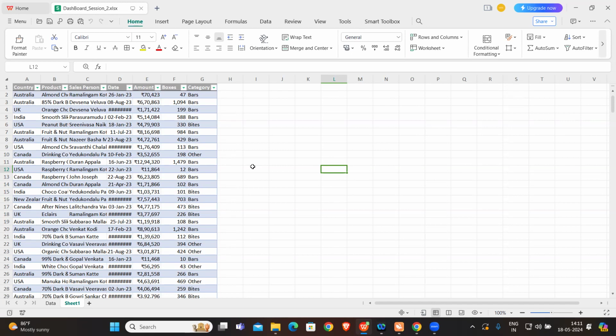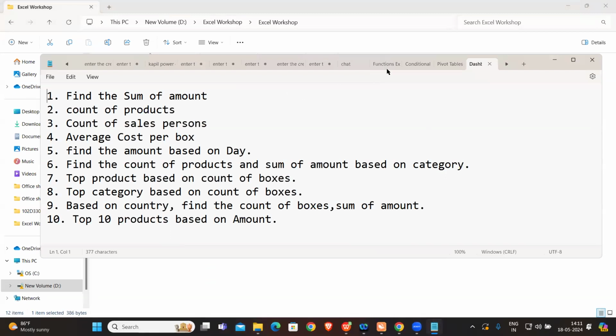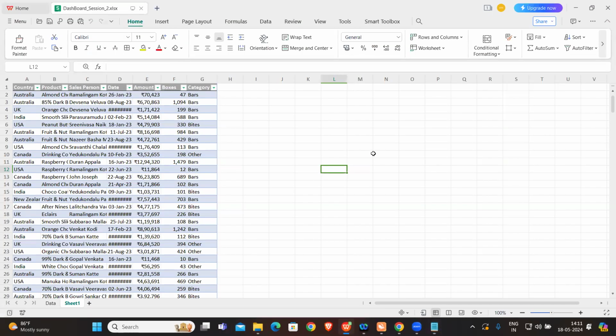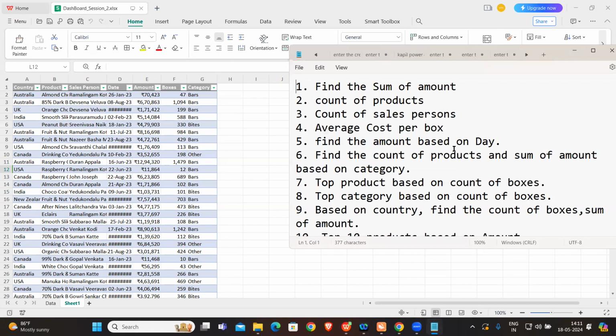Different columns. So by this you are not understanding anything, right? So now what I have done, I have written some insights. So see here. Out of this data set, now I have created something. See, find the sum of amount. That means out of this, I have created an insight, sum of amount,